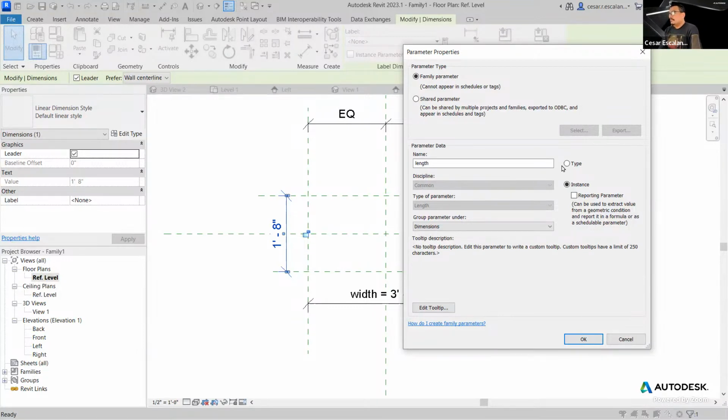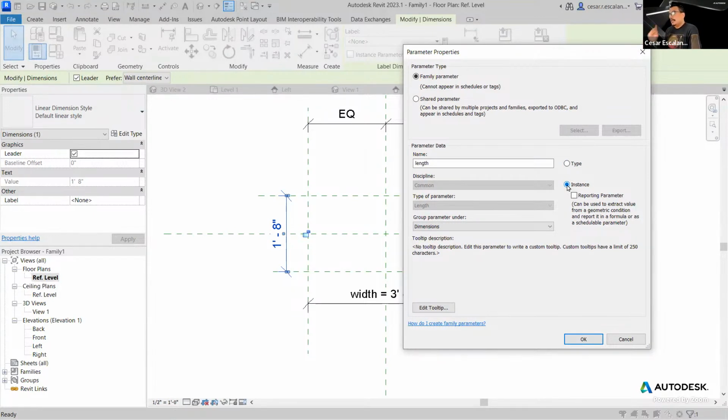And again, when you build families, you have to decide how the user interaction is going to be. Do you want them to have multiple types and create a type for every parameter change? Or do you want the user to have the ability to change every element and define every element with a different value? So in the first example, in the type example, you're going to create multiple types for different parameter values. In the second option, you only build one family, and that single family gives the users the ability to change